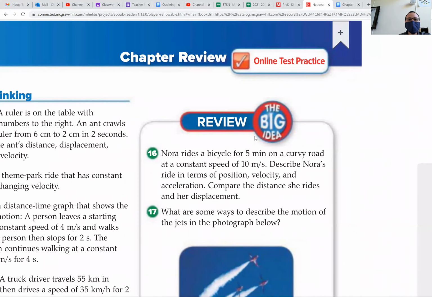All right, now this was the problem that gave the most people the most difficulty. So our buddy Nora, number 16, rides a bicycle for 5 minutes on a curvy road. This is crucial: at a constant speed of 10 meters per second. Describe Nora's ride in terms of position, velocity, and acceleration. Compare the distance she rides to her displacement. Okay, so let's talk about this. So her position,